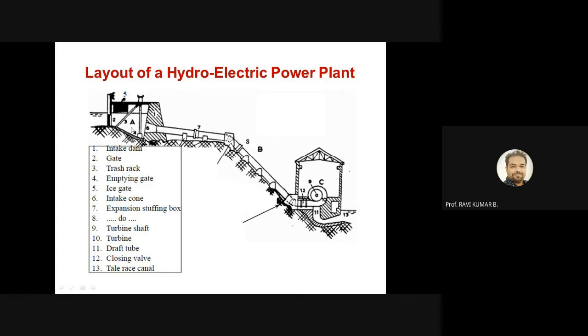So first it will come here. Slight motion will be provided. Then the empty gate will come into the picture, and here is the ice gate, which can also be utilized for moving this one. Then finally the intake cone. This is the cone, so this will be working like a nozzle, through which water will be entering into the penstock. From here the piping system starts, right. Then this point, the connecting point, is called the expansion box, and then expansion takes place, and the water will go like this, and here it attains kinetic energy at a faster rate, then coming over here, it enters into the prime mover.